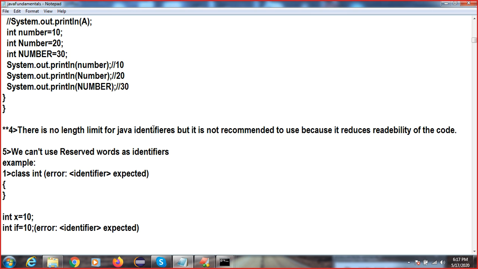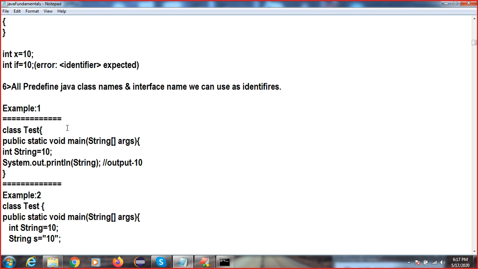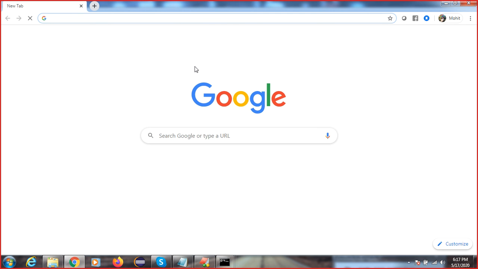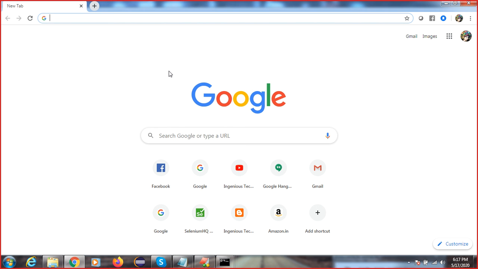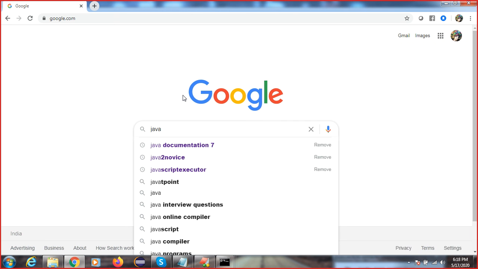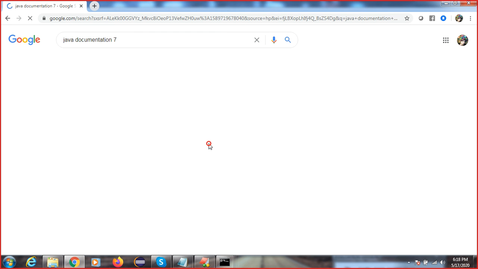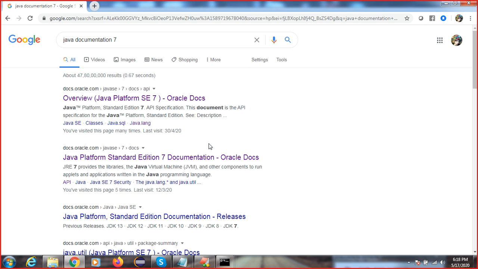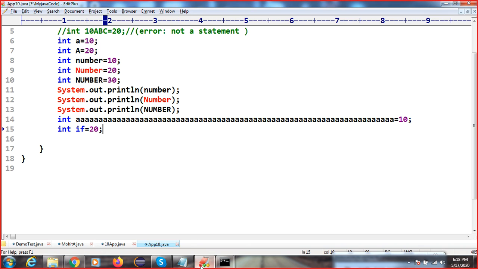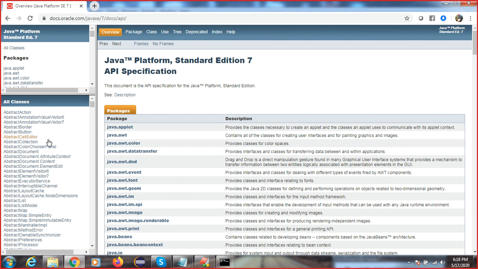One more rule is there, and this is important: all the predefined classes and interfaces we can use as an identifier. So what is the meaning of predefined and user defined? Can anyone tell me? You don't know. Predefined means people already developed this, right?